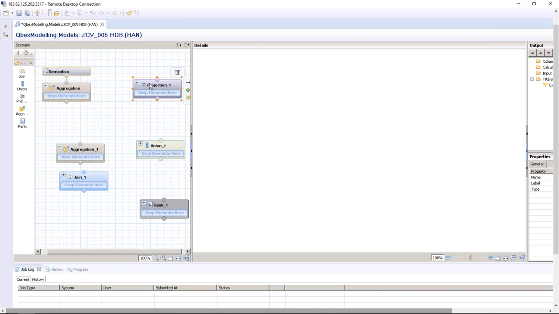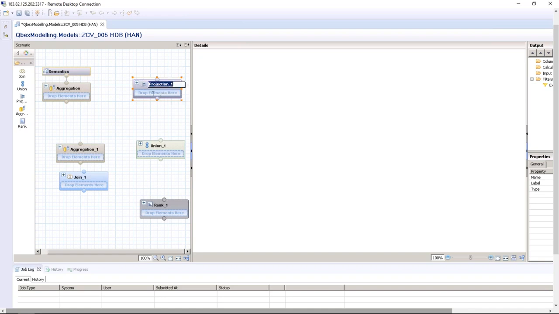Projection. Why do we use projection? Let's say I have a table with 10 columns, but I would like to project only five columns of the table to the business, or to the business reporting or business users. In that case, I can use projection. So I'll project a table which has 10 columns, but I'll project only five columns of it. That is where I can use projection. For example,